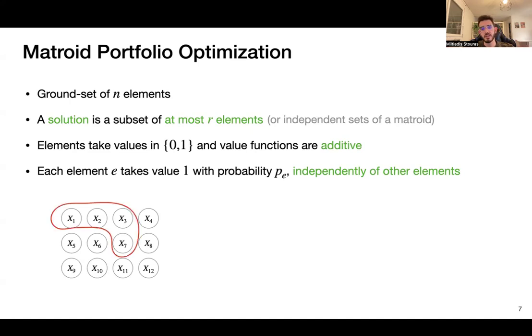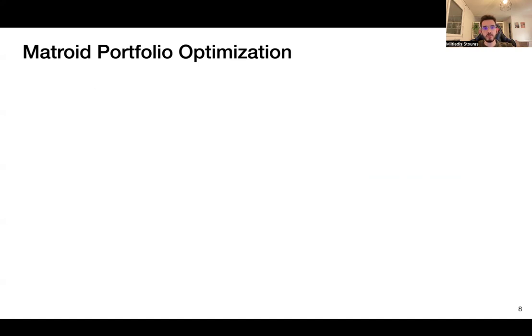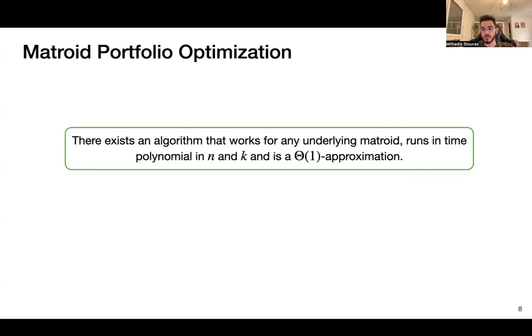We want to pick subsets of these Bernoullis, right? Every time we pick a subset, the value of this subset is a random variable that is the sum of the Bernoullis. And we want to pick our subsets so that we maximize the expectation of the maximum of these random variables that we formed. Cool. So our main technical result in this paper is that we give a constant approximation for this problem that